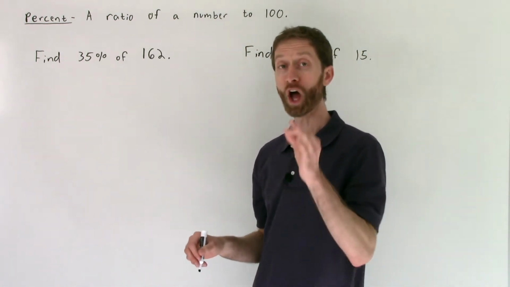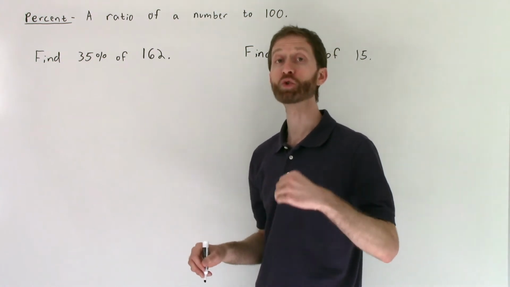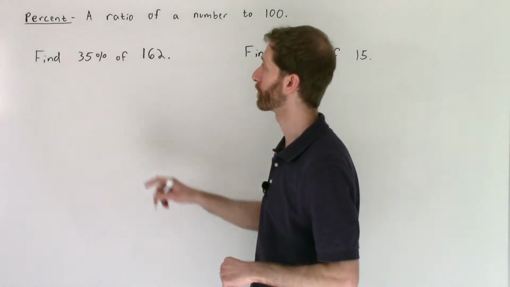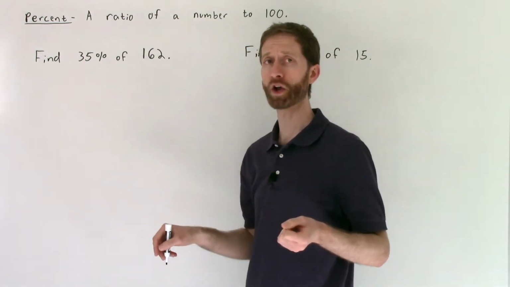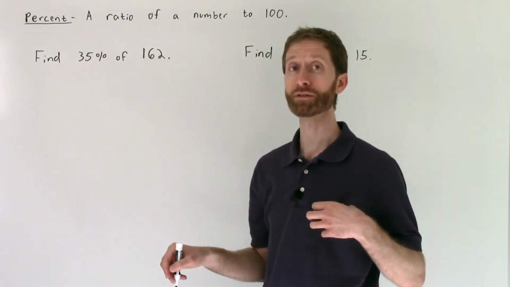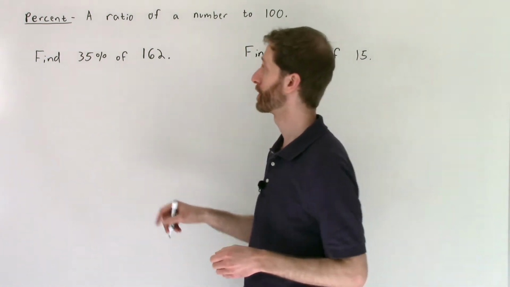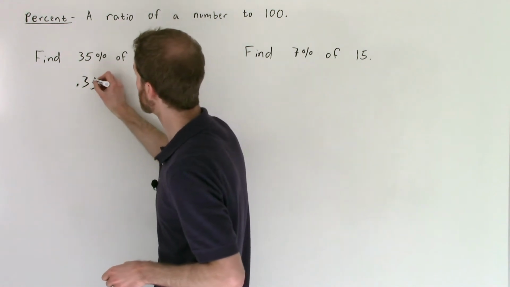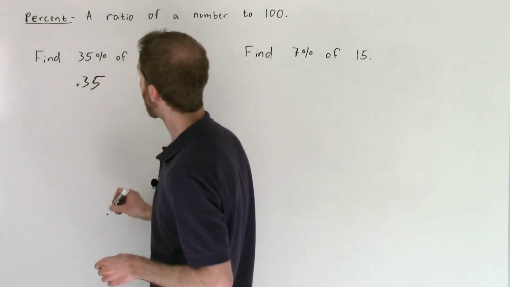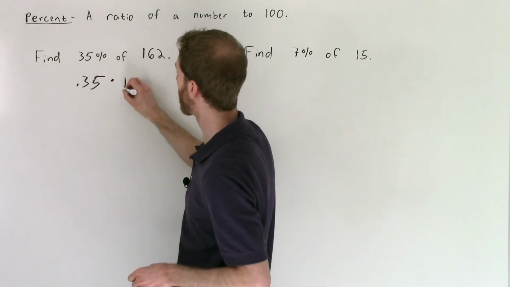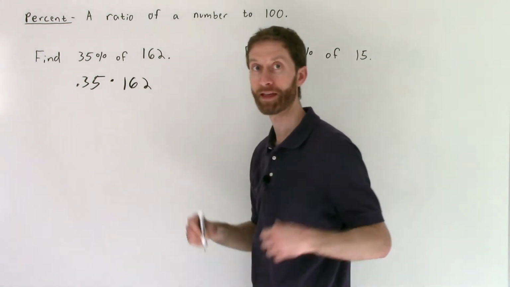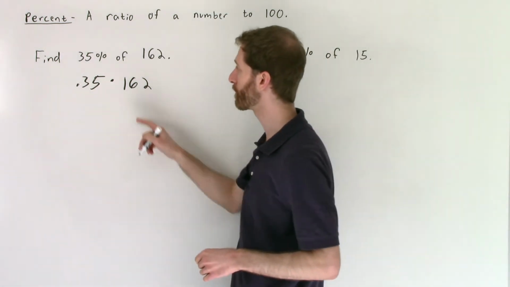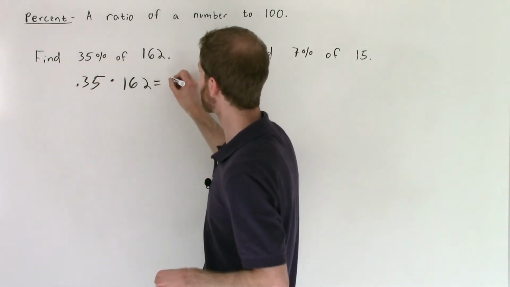We know that the word "of" in a problem means to multiply, and I'll go over that briefly in a little bit, just as a quick review. So 35% of 162, I like to do this first with decimals. So 35% as a decimal is 0.35. So I'm taking 0.35 of, or multiplied by 162. And that's it. I now have a problem that I can plug in for sure into a calculator. So 0.35 times 162, that is equal to